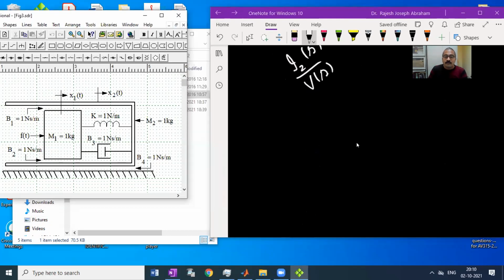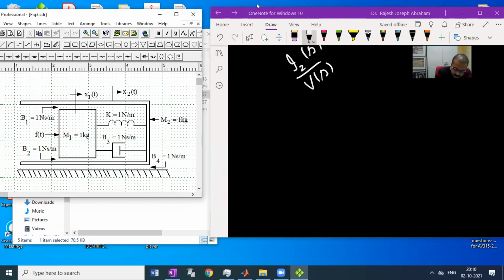Okay, so how will we write the transfer function for this? We need to apply the force equation. Since there are 2 masses, our matrix will be of the order 2 by 2. So you just consider the force vector. We have an applied force F of t, so the corresponding Laplace transform is F of s.